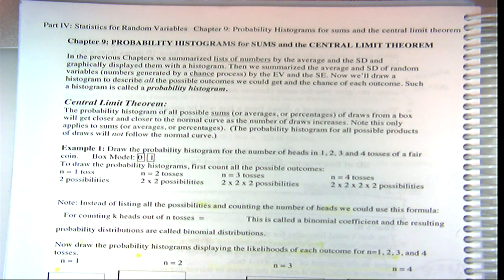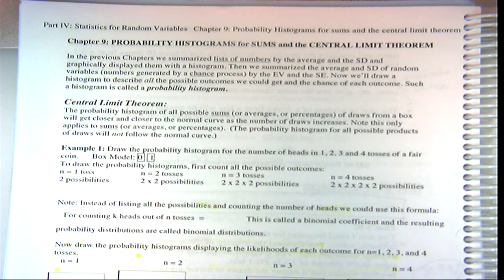So you know what the expected value is, you know what the standard error is now, but the beauty of it is no matter what numbers you have, I don't care what your box looks like, what your population looks like, the central limit theorem, which we're going to look at, says that if you have enough draws,